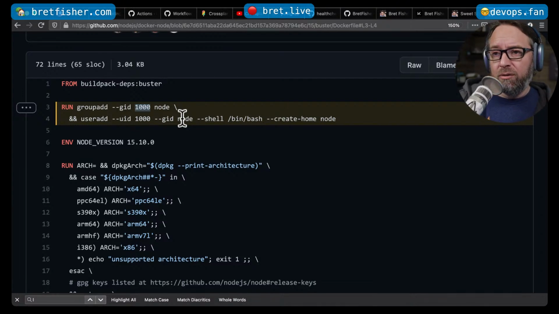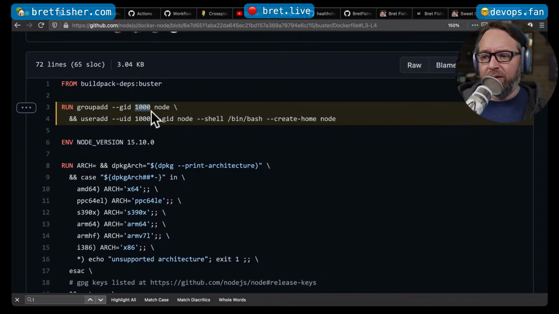That's a common issue for developers on Linux or in WSL2 on Windows when they're bind mounting their source code in, like with Docker Compose. That's a common issue. So one way to get around it is to hard code these user IDs, make sure your stuff's in the container as this user ID, and then on the host, you can, for example,